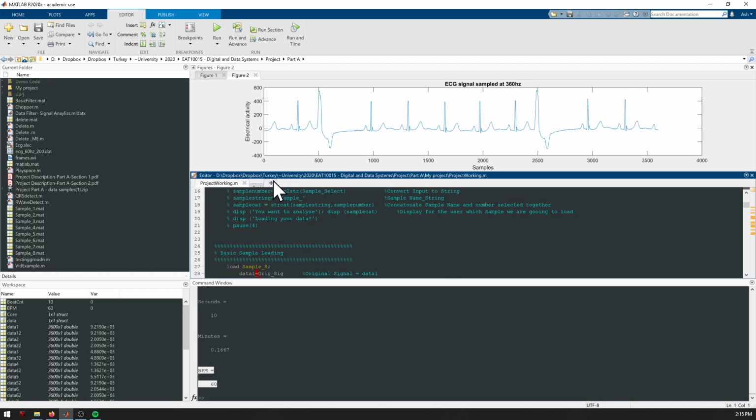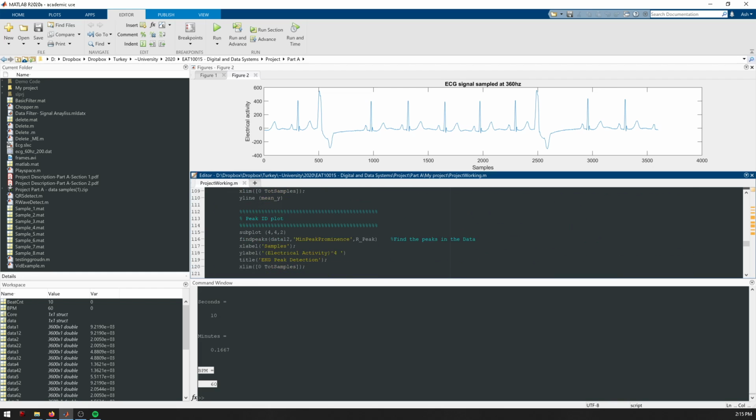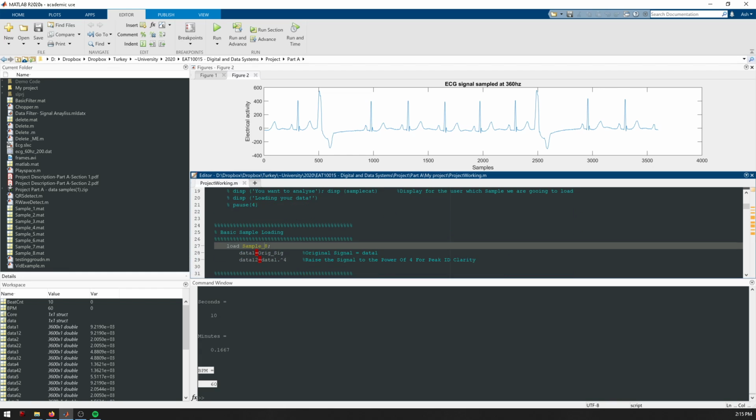So this is my other project. This one requires you to have a specific sample loaded at the start of the project, numbers 1 to 8 or whatever sample you want, and that's just specified at the top here. You can change that number. I know for a fact that number 8 is a very bad sample to work with, so if I was to go, for instance, number 6, which I believe is a good one,